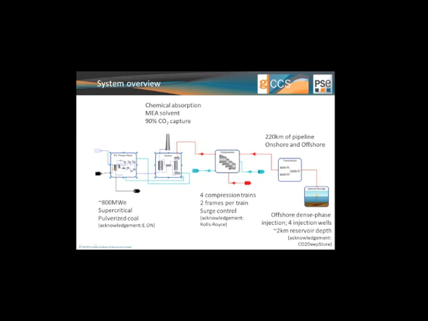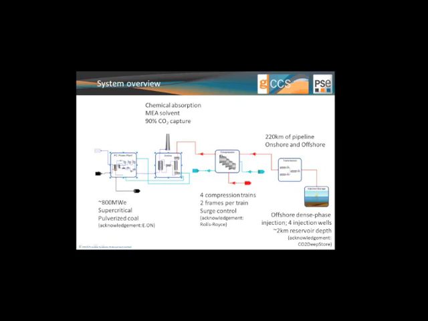Obviously, Rolls-Royce we see as key to the development of these models. And then we coupled the whole system with 220 kilometers of pipeline, both on and offshore, and a corresponding dense phase injection with 4 injection wells in a reservoir at about 2 kilometers depth. All these systems have been put together with our consortium partners. So basically, PSE developed the component models, and within each of the subsystems, if you are in the tool, you'll be able to drill down and build the models of each of these plants.